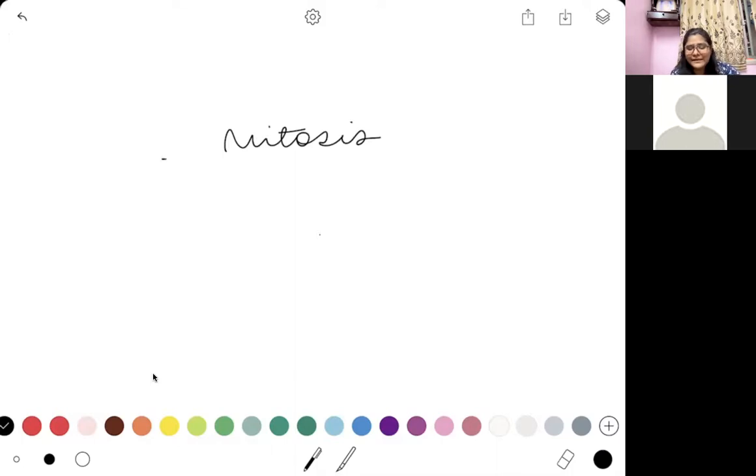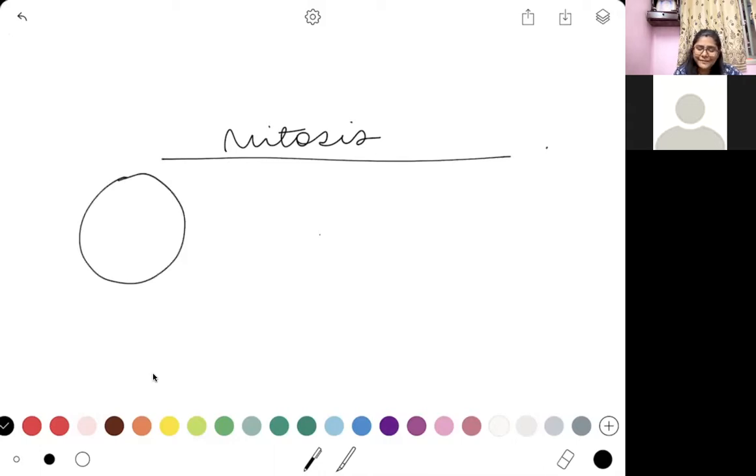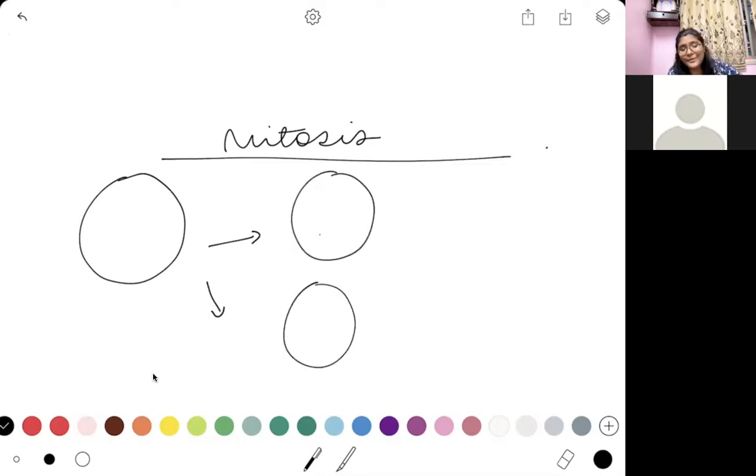Okay, this is a very, very simple kind of cell division where you have one cell that is going to divide and form two cells. Now, this is how they taught you when you were in very primary grades, like for example, 8th or 9th standard. That is definitely not how easy the process of mitosis is.